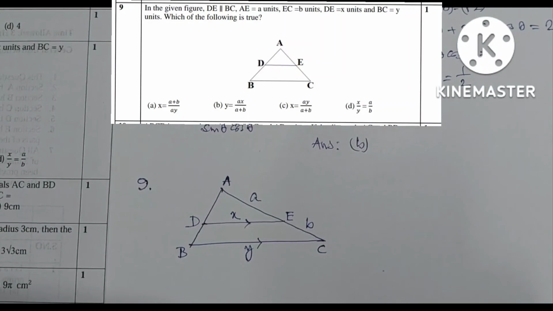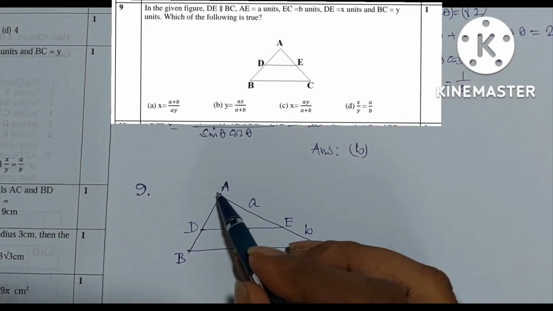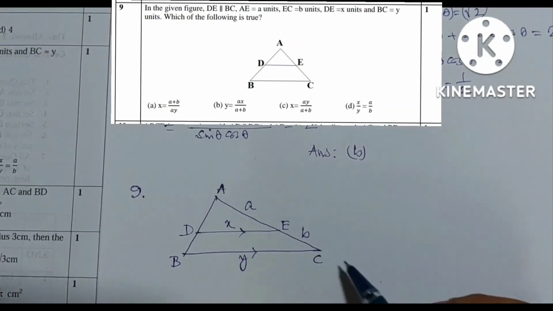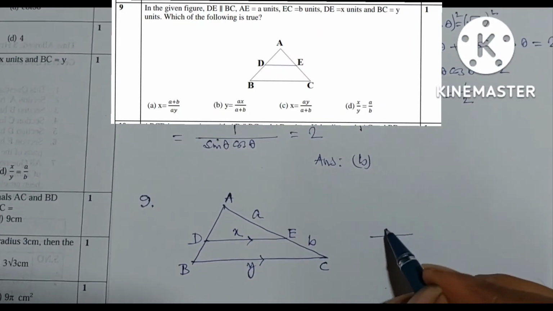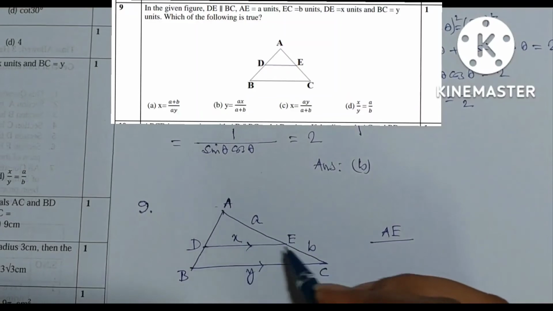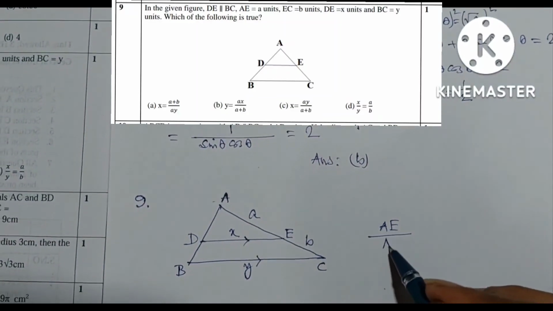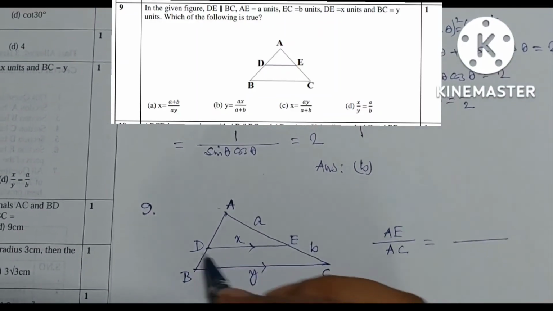Since these two triangles are similar, the ratio of their corresponding sides are equal. So you may write AE by AC equals DE